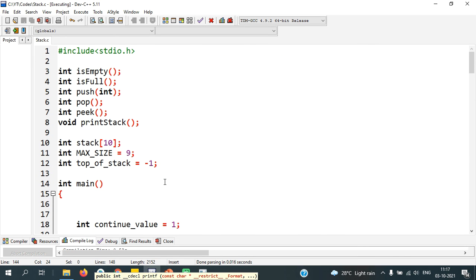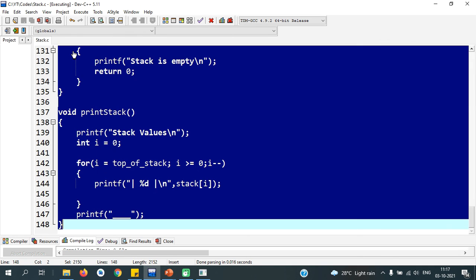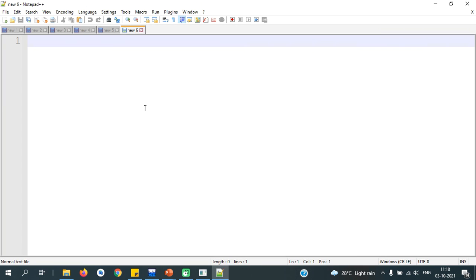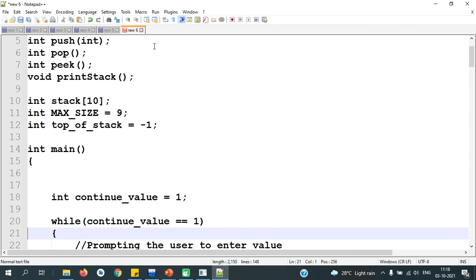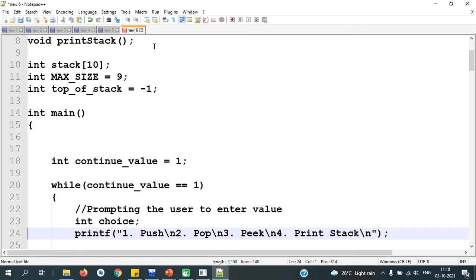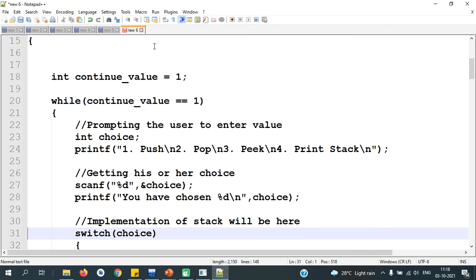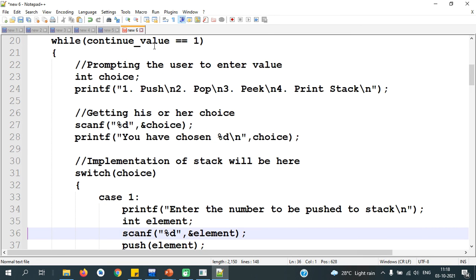What I will do is copy this code and paste it in a notepad file and scroll down for your complete view. So it will be easy. I will slowly scroll down. In case you need this code, you can pause this video in between and copy it. This is a working code.